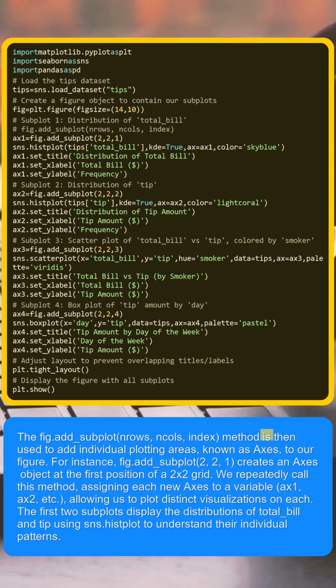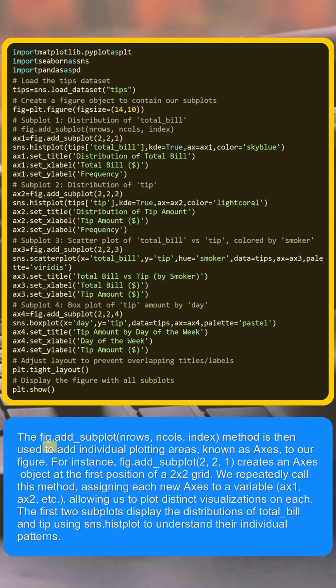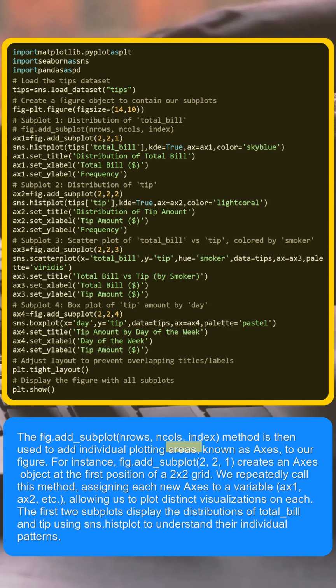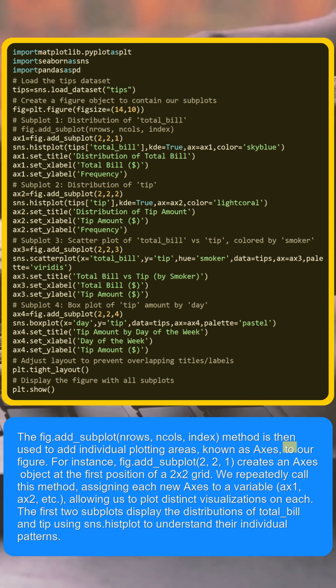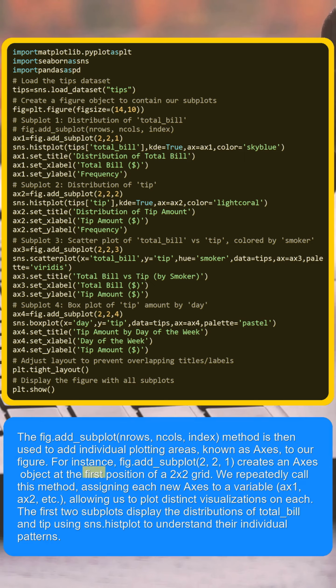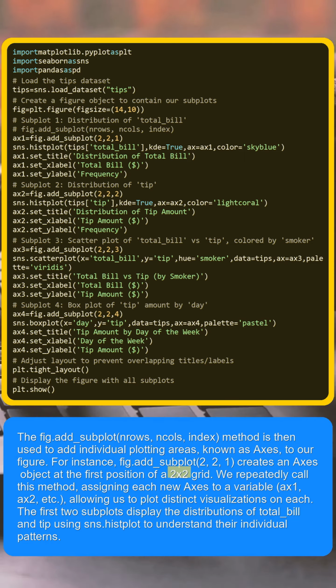The fig.add_subplot(nrows, ncols, index) method is then used to add individual plotting areas, known as axes, to our figure. For instance, fig.add_subplot(2, 2, 1) creates an axis object at the first position of a 2x2 grid. We repeatedly call this method, assigning each new axis to a variable, ax1, ax2, etc., allowing us to plot distinct